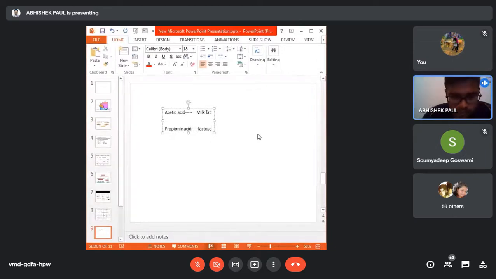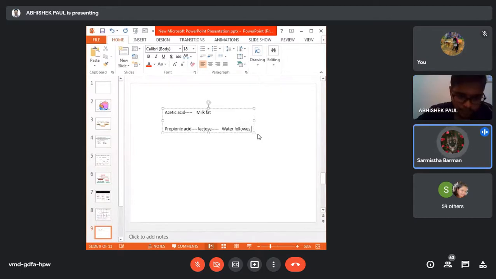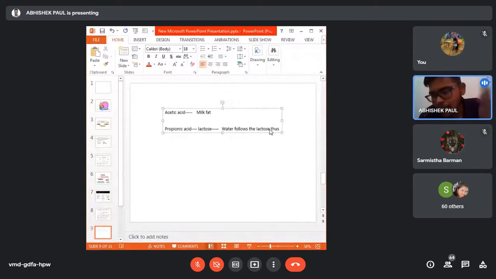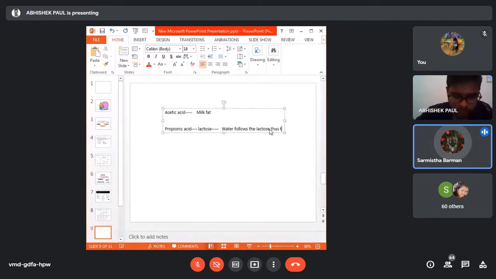Okay, could you explain why we need to balance the diet? So we need to balance the diet so that milk production is there along with the presence of a proper fat amount in the milk, sir. No, you need to balance the diet in terms of roughage and concentrate. Yes, sir. Also, in order to provide proper nutrition to the animal, sir.